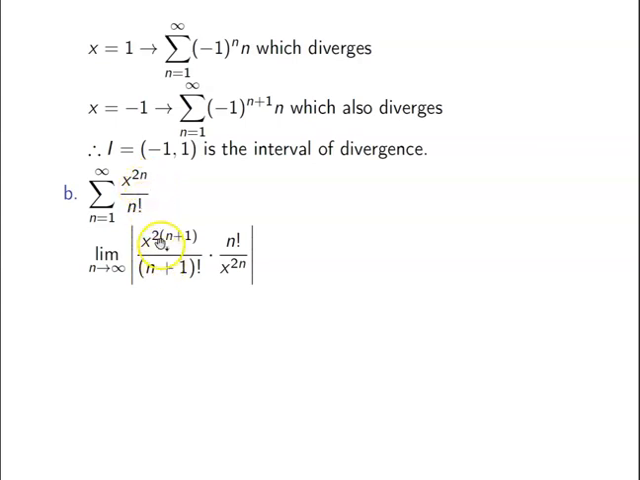So first I add 1 to all the n's, and then I multiply by the reciprocal of this, okay? Here, these factorials will cancel out. So this n factorial cancels out with the next term from this. So I'm left with just n plus 1 in the denominator. Here,